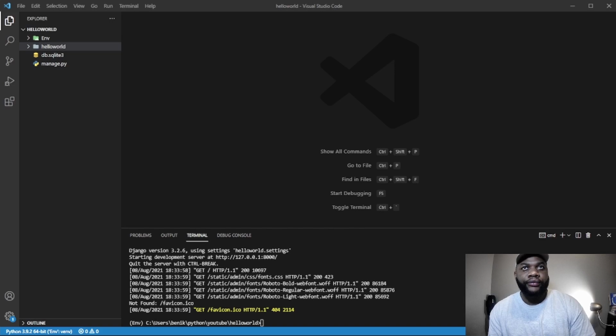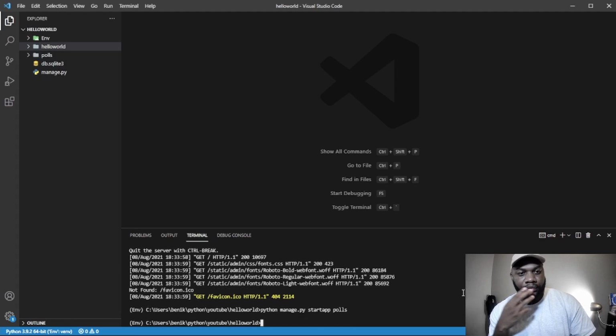Okay. So the command was python manage.py startapp, and we're going to name it polls. As you can see, the app has been created. And also look right here. It created a small little database for us to use, a